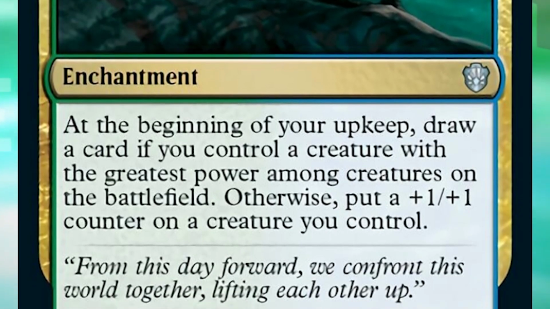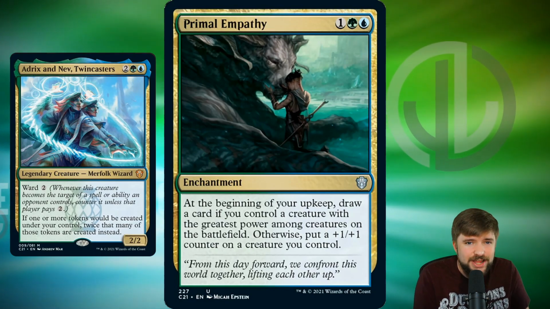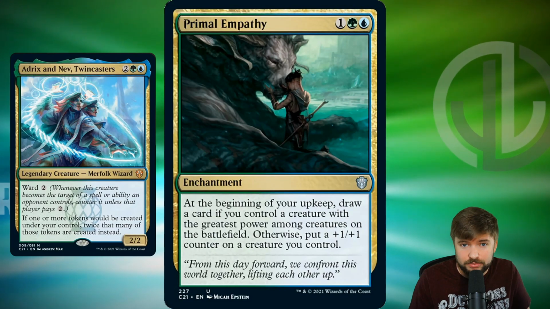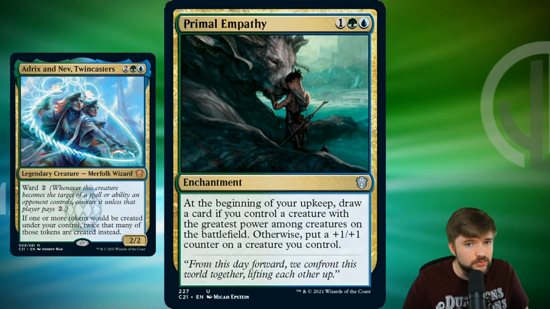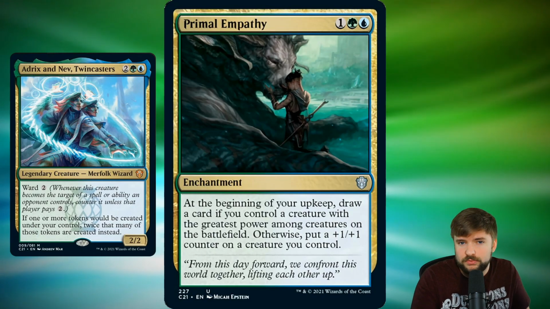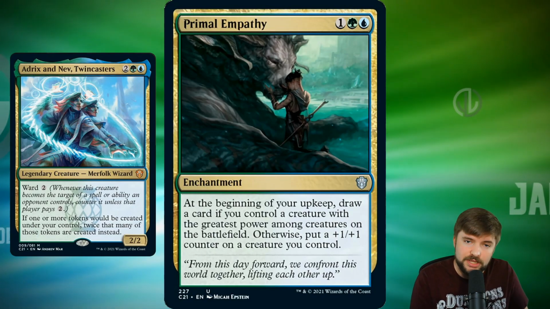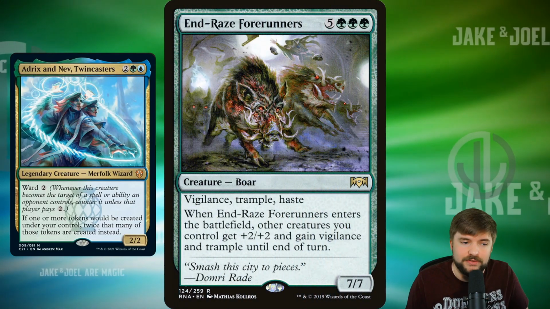Otherwise, put a +1/+1 counter on a creature you control. This is a good card, but again, it's just not great for our strategy. I want to be going wide, and I want to be putting a lot of +1/+1 counters on everything if that's the route we're going to go with +1/+1 counters. I don't want to be putting them on one thing at a time like an unblockable deck or some kind of +1/+1 Voltron-y strategy. This just isn't what we want to be doing in this. So take Primal Empathy out, put it in another deck you've got, and just pick up a copy of End-Raze